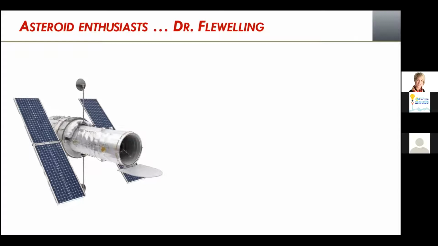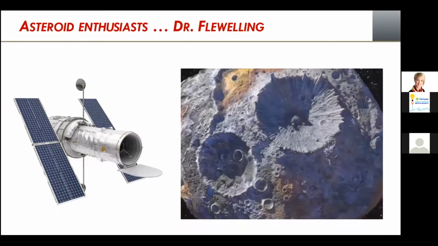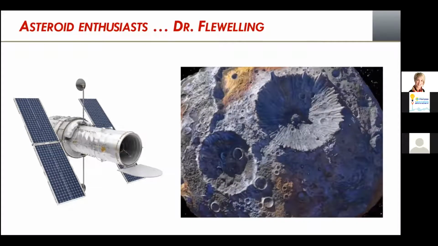So December 1st rolls around, he knows the general direction where he needs to point the Hubble telescope. And this is what he sees. Holy smokes, huge close-up of this asteroid. I mean, he can see everything. He can see the mountains, the ridges, all the craters on the asteroid, and he gets a very, very, very high resolution image of the asteroid. So he's happy. He's got a beautiful picture that he can show all his friends and family, and I guess he was a little bit more successful at finding the asteroid than myself.